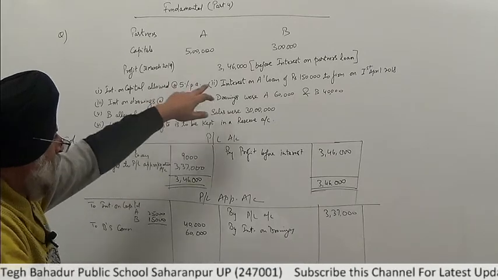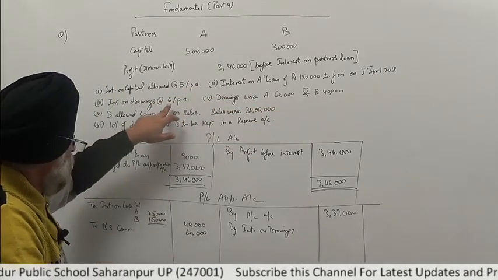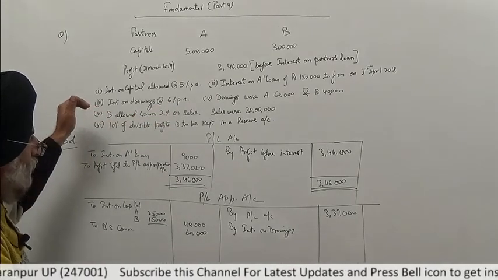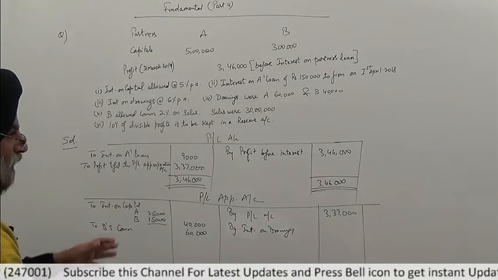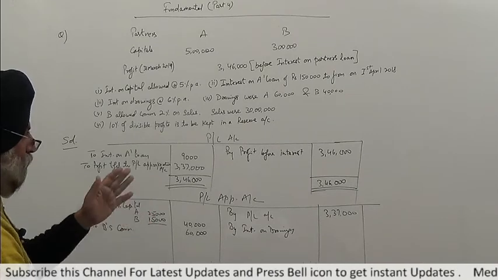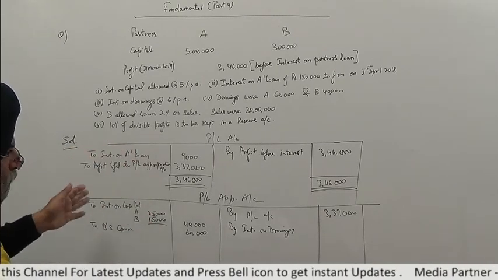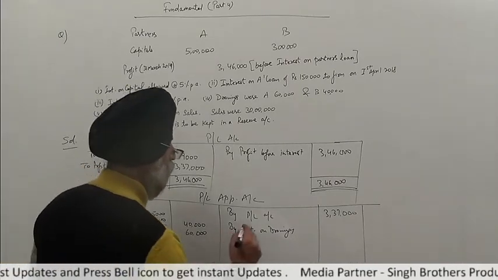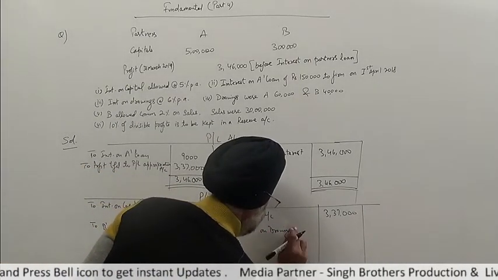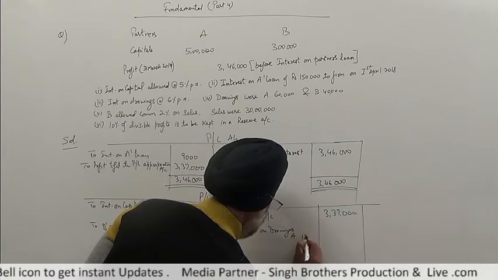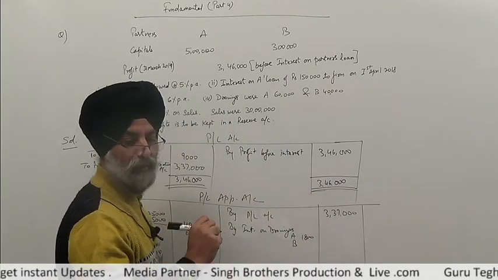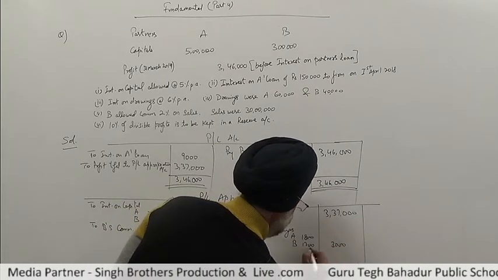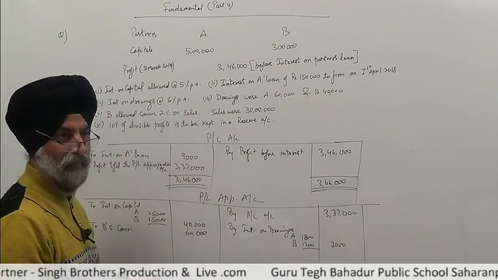It amounts to rupees: 60,000, we will take 6% of it, that is 3,600. And because it is not given when during the year it was withdrawn, so take time 6 months. So 3,600 into 6/12 means 1,800 rupees interest on drawings for A. For A it is 1,800 and for B it amounts to 1,200. This is 3,000 rupees.